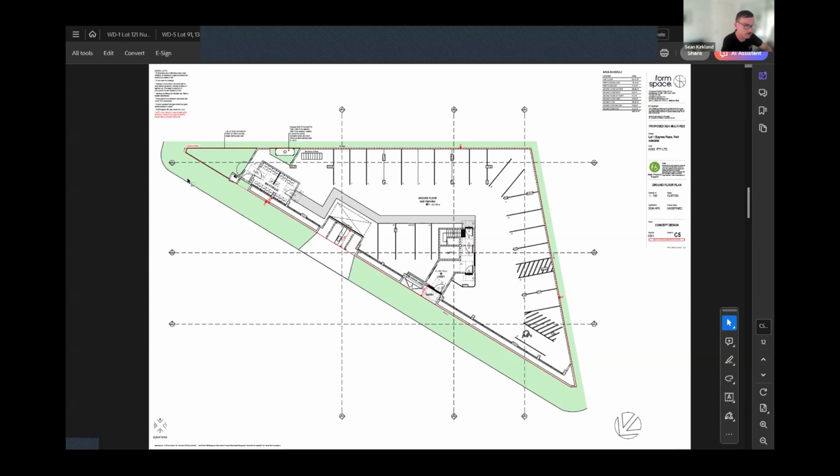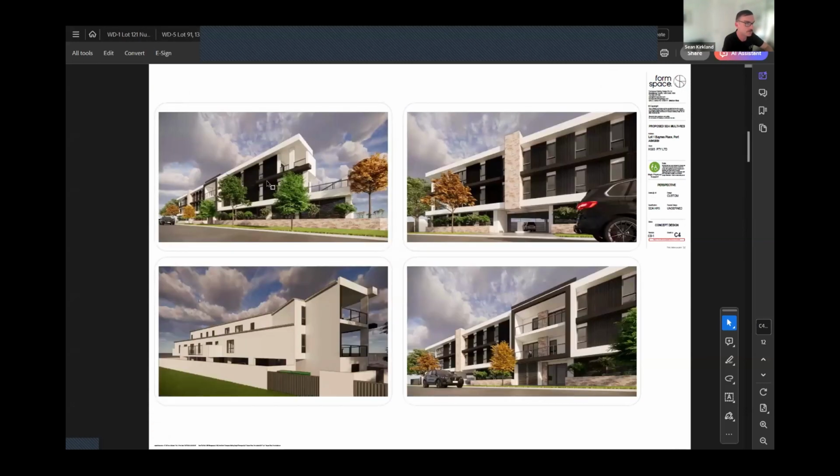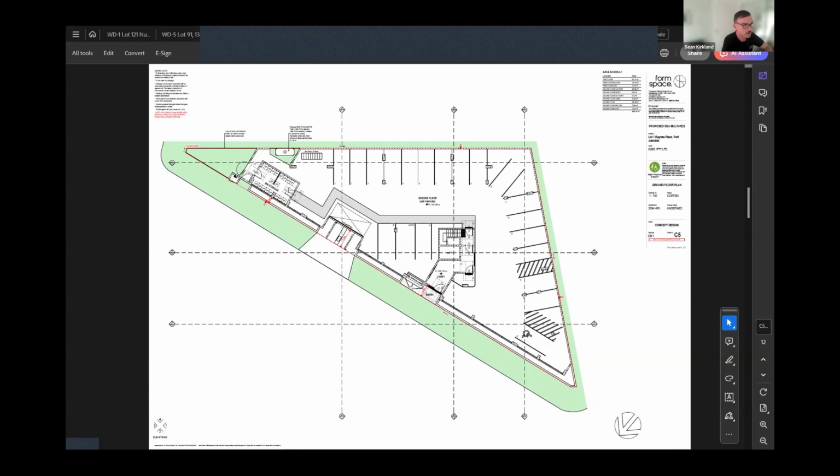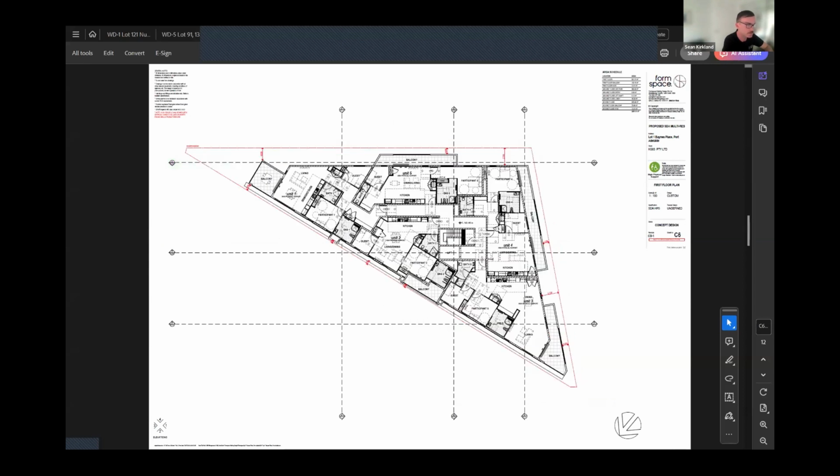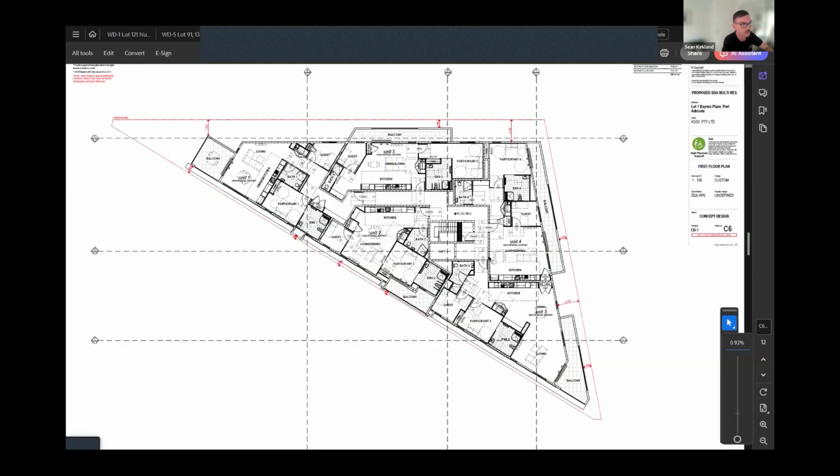So working with the town planner to establish basically the building envelope or our setbacks of what can be achieved on the site, minimum design development outcomes, so bin storage, car parking requirements, visitor car parking, accessibility car parking, etc. We're then able to branch off into a number of different apartments. And so this is quite a challenging land allotment down there in Port Adelaide, but you can see each of